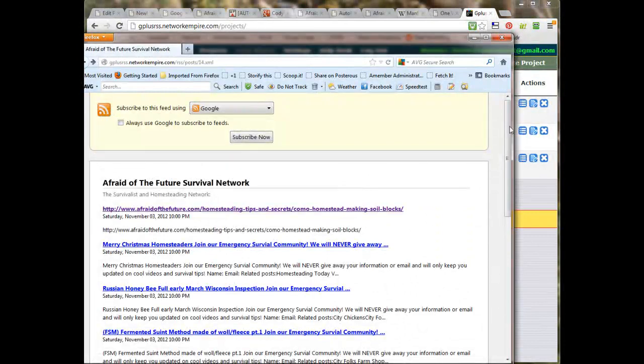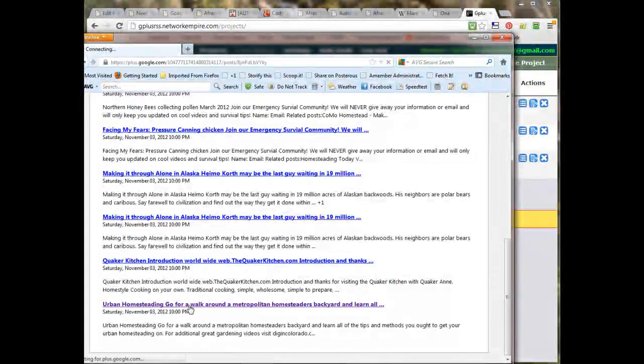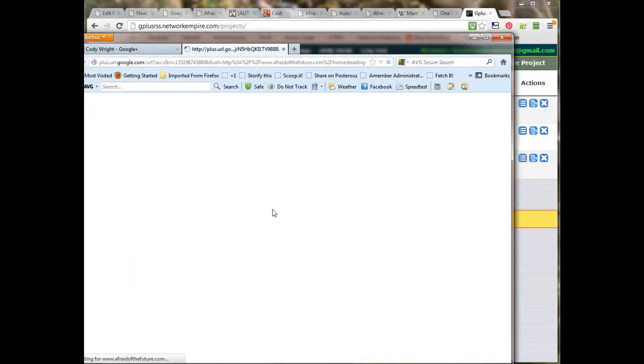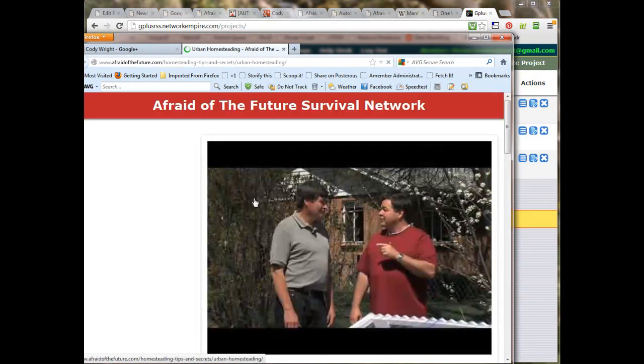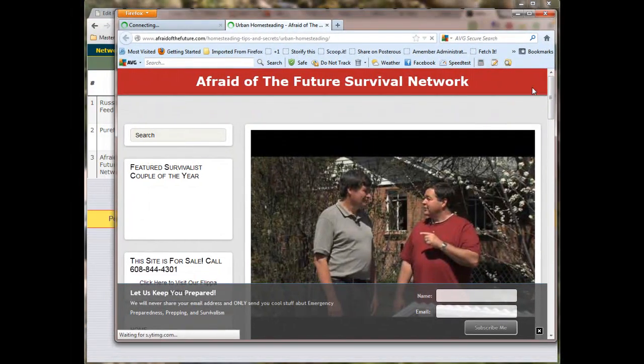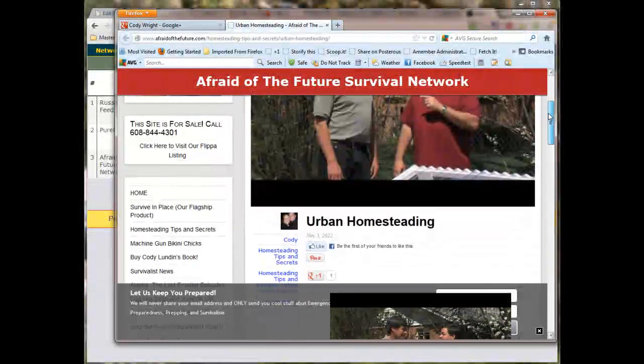We're currently flipping these back upside down, so you'll have the newest one here, and it's being worked on right now. It doesn't matter which way for most feed systems, but here's the urban homesteading, and that's what you've just done. Okay, and that's pretty cool because what you've done by using a conjunction of Open Graph with the Google Plus plugin, that's the auto poster,